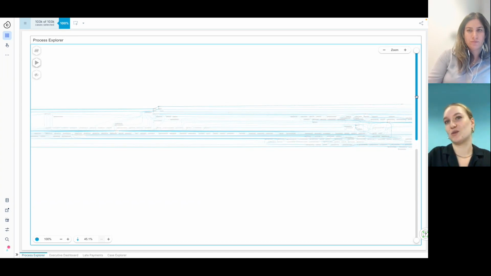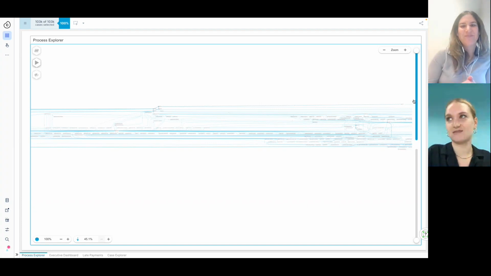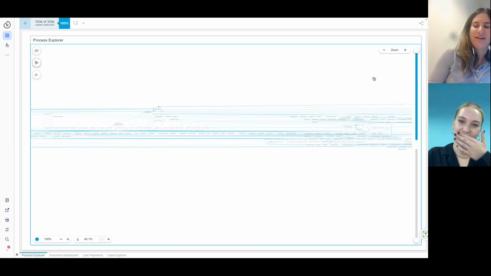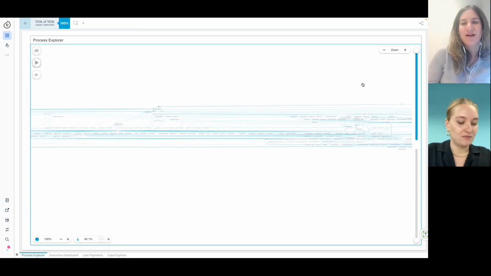And yeah, it's quite complex. So Lotte, what was your reaction when you first saw this spaghetti model in your process? Honestly, I kind of expected it to be like this because we have a very overloading workflow with a lot of workflow steps. So I wasn't really surprised about the outcome of the spaghetti, but I was really happy with